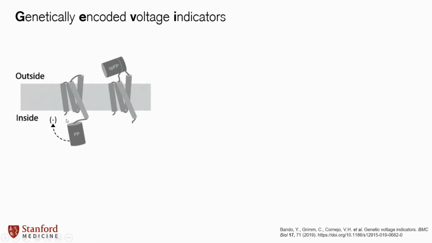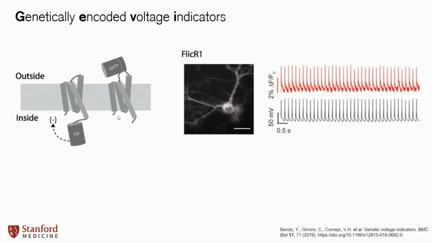There are rotational shifts in some of the bonds of these GEVI indicators, and that actually changes how much they will fluoresce in response to an excitation. So here you can see the Flicker 1 genetically encoded voltage indicator, and over time when this neuron is spiking you get this really high resolution millivoltage change. On the bottom, they're doing a patch recording while they image this indicator, and you can see that even optically, it's highly faithful to what's happening electrically.